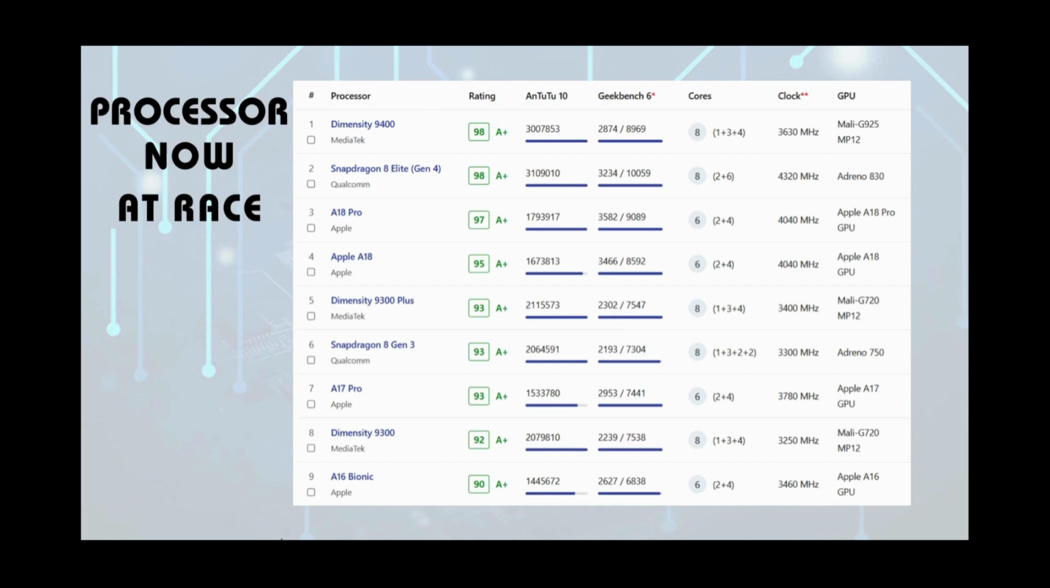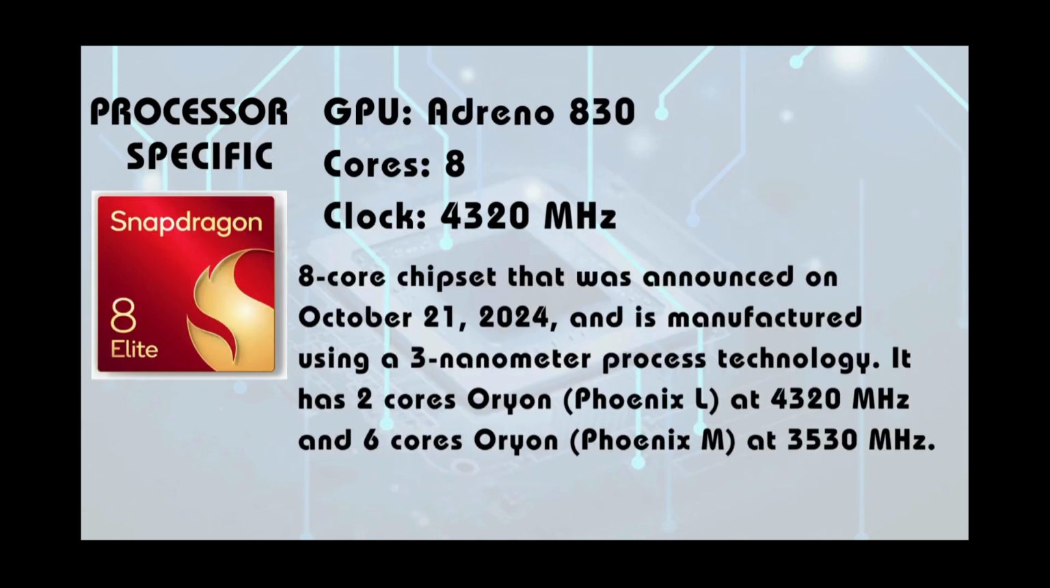We're going to see the specific processor, that's Snapdragon 8 Elite, that is 8 Gen 4. So Adreno 830 is used as the GPU in Snapdragon 8 Elite, and 8 cores are used, and the clock speed is 4320. This processor was announced lately, on 21st October 2024, and its manufacturing is using 3 nanometer